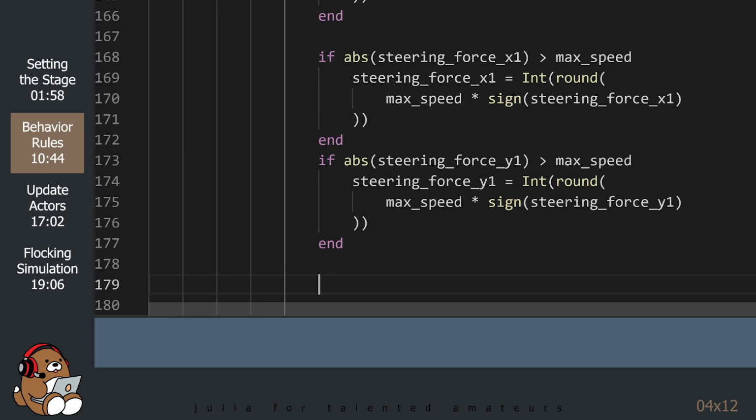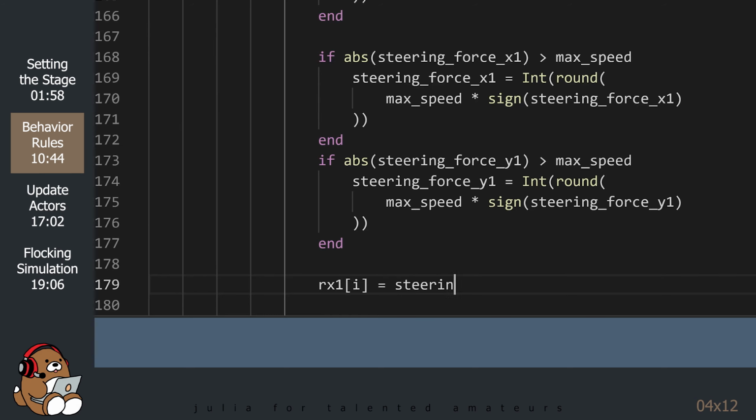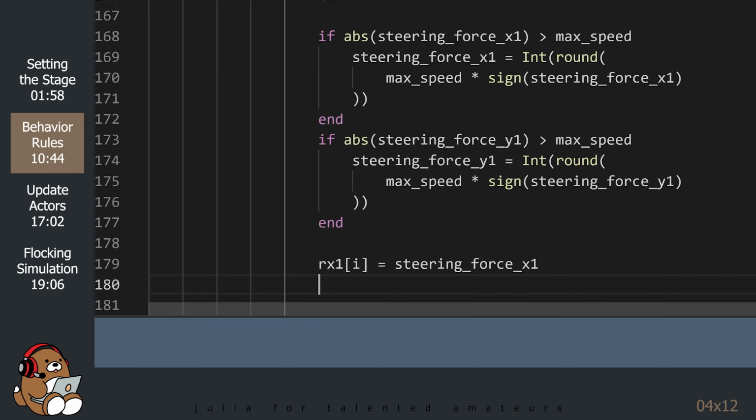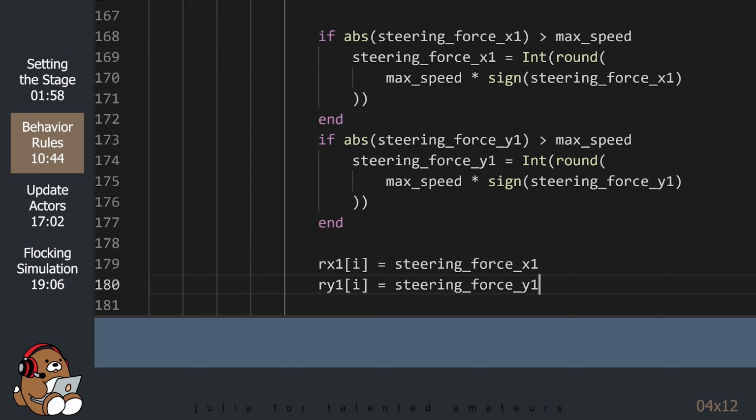After coming up with a steering force, then we simply insert it into the Rx1 and Ry1 arrays. Once completed, these arrays will contain the acceleration value for each boid in order for it to follow the separation rule. And that's it for the separation rule.